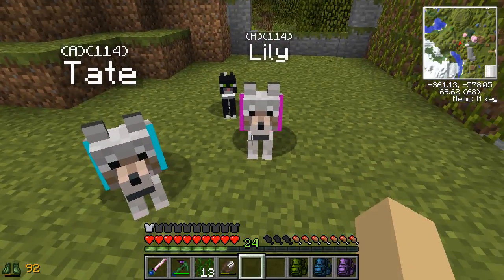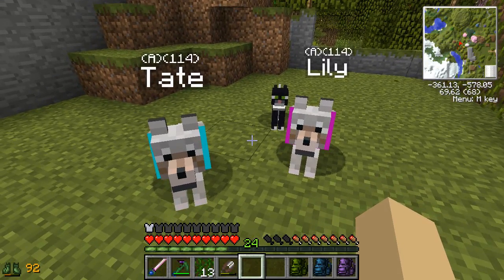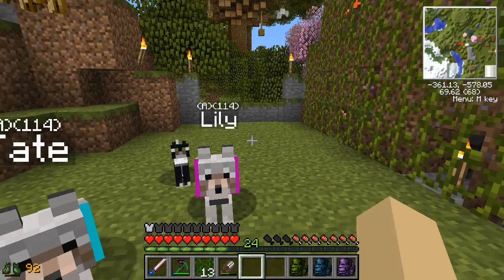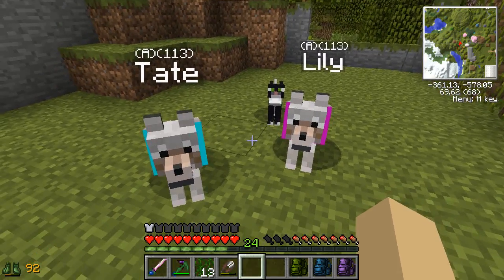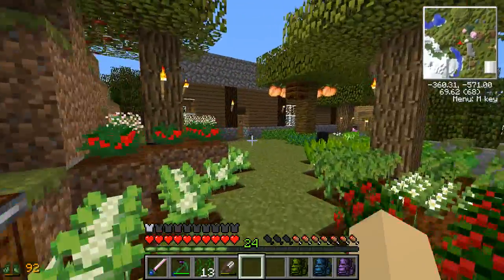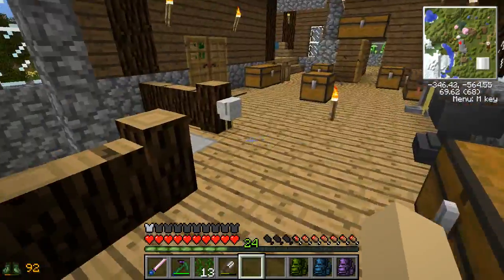But someone suggested, why not make a DNA analyzer and take the wool that Bob the Third has left behind and clone him? There's a very small chance that the wool would actually give us the DNA to be able to clone the sheep, but it's a chance we are going to take. So today, we are working on the long overdue cloning labs that we are going to have down...